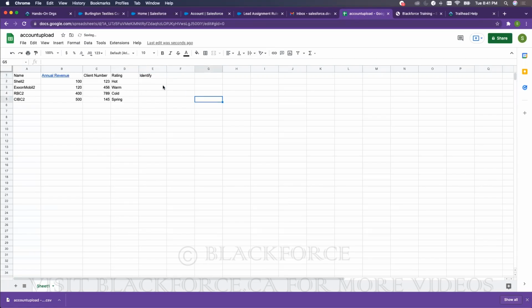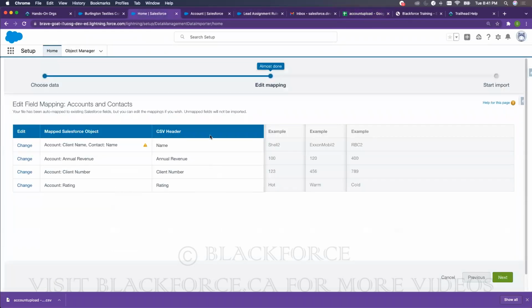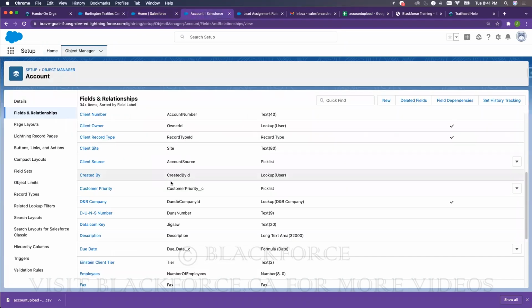I call it identifier, which, according to the business, is called client source. If I have this field and I click on the import, that field will come unmapped